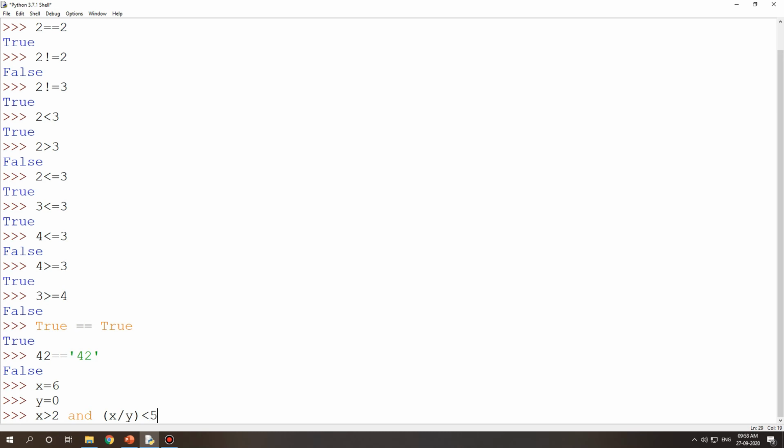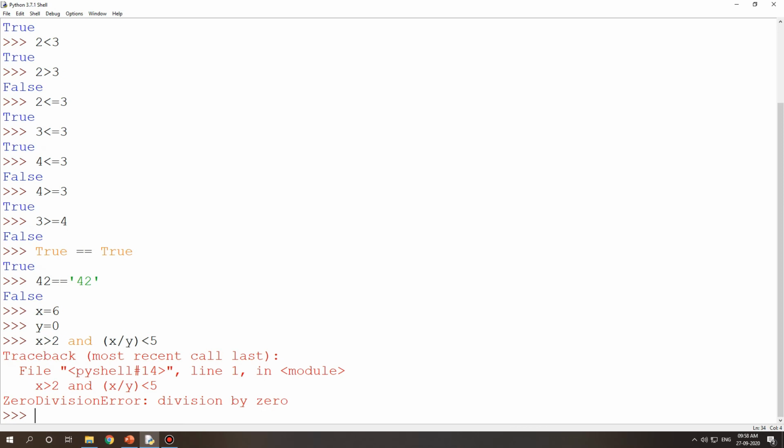Here first it needs to evaluate 6 greater than 2. Yes, it becomes true, right? 6 is greater than 2, true. Then it will go to the next expression, and here you are dividing 6 by 0. So it has evaluated the first to true, goes to the next expression, and it will throw you an exception: a divide by 0 error.